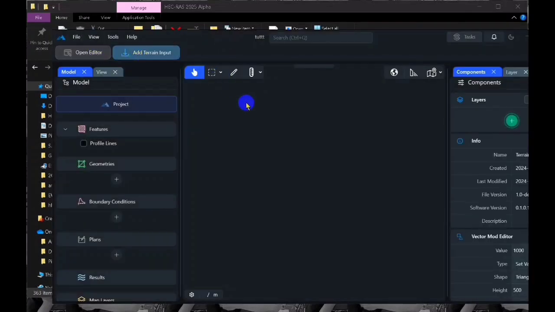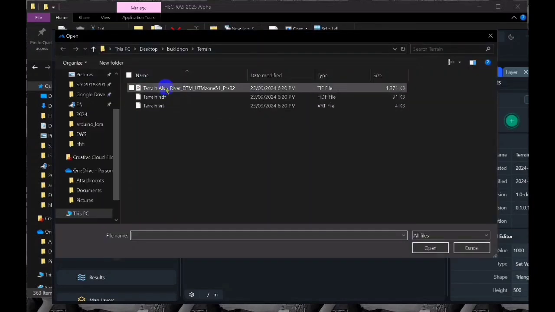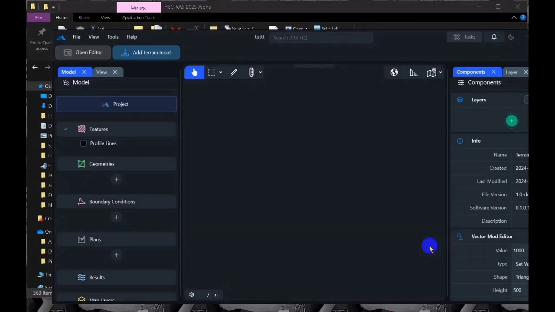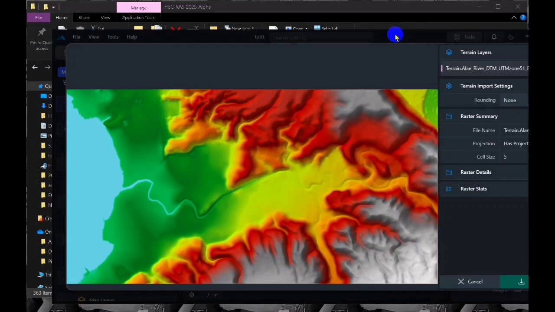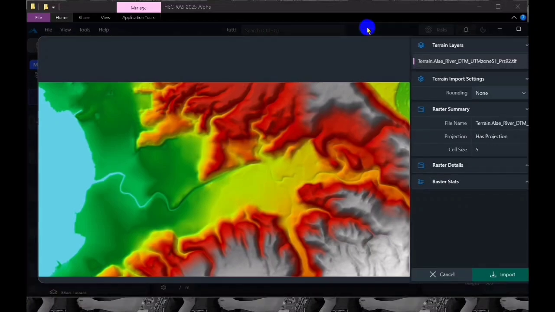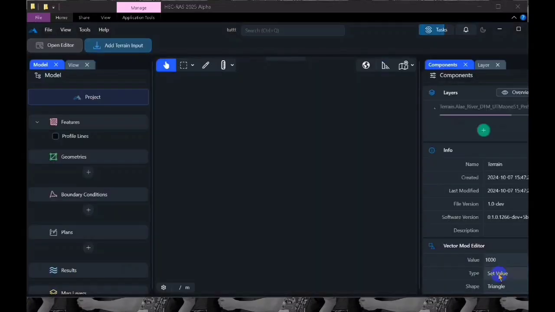We can also drag the terrain, and we can also open the terrain. So just wait. We already have this terrain. We can see here at the left corner that this is 5 meters resolution,